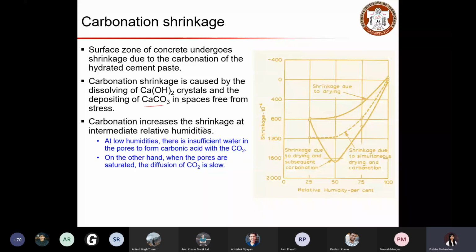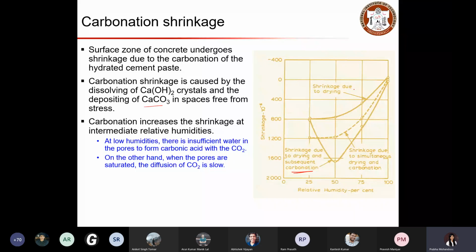So here is an example where you can see three cases. One is shrinkage due to drying, another one is shrinkage due to simultaneous drying and carbonation. That means your concrete is experiencing both drying shrinkage and carbonation simultaneously. And then the third case is you have shrinkage subjected to drying condition, and then subsequently you have carbonation condition. In this case, the point to note is that the subsequent drying and carbonation condition is leading to higher shrinkage strain, thus the failure will be critical in this condition compared to the other conditions where you have only drying and simultaneous drying and carbonation.